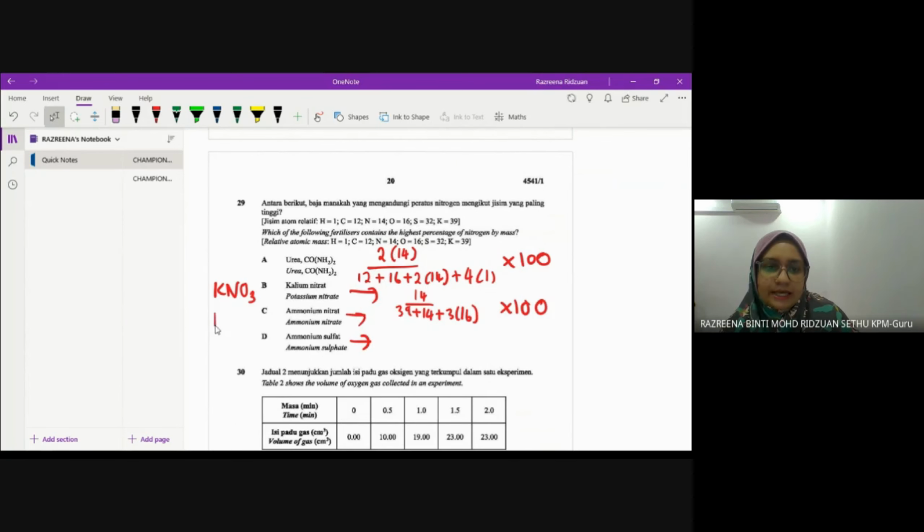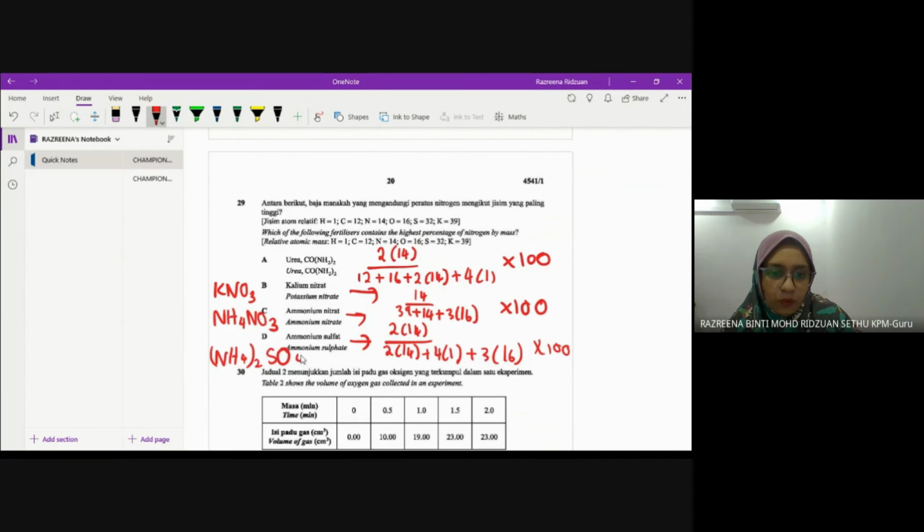Ammonium nitrate is NH4NO3. Note that there are two nitrogens here, right? So 2 times 14, divide with 2 times 14 plus 4 times 1 plus 3 times 16 times 100. Okay. Finally, ammonium sulfate (NH4)2SO4. Okay, when you calculate this, use the same formula, you will get the answer. Urea actually has the highest percentage of nitrogen by mass. Okay,